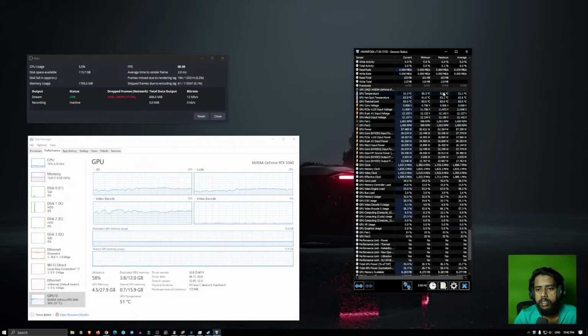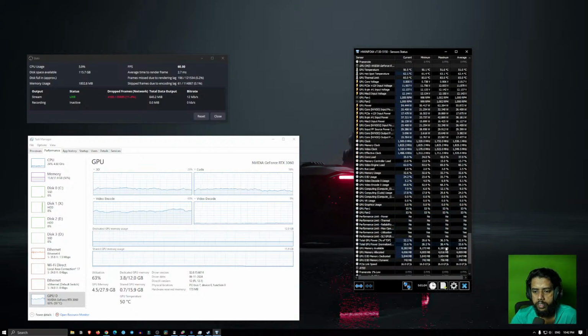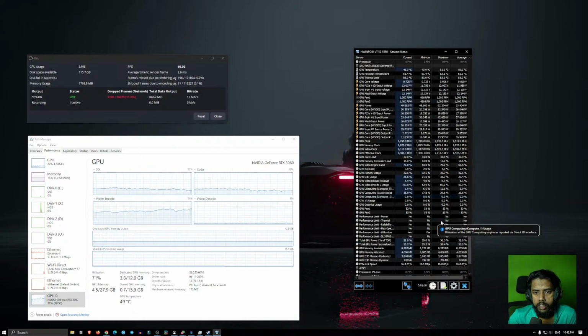If you look at the maximum numbers, GPU temperature 51 degrees Celsius, hotspot temperature went up to 63, sorry. GPU core load 42%, video engine load 69%, video encode usage 68%. So GPU bottleneck is not over here. GPU is perfect.